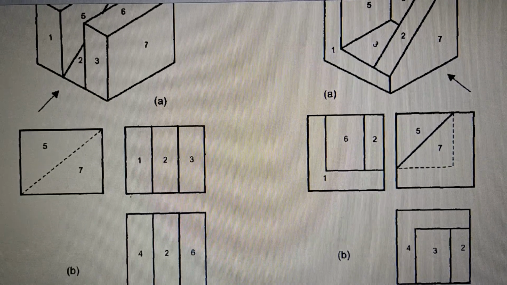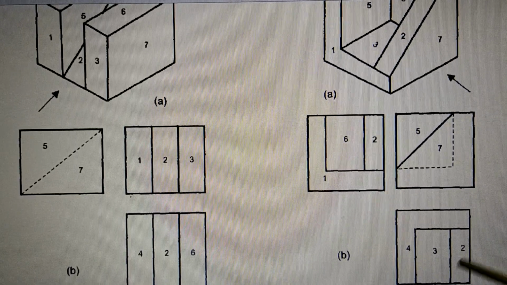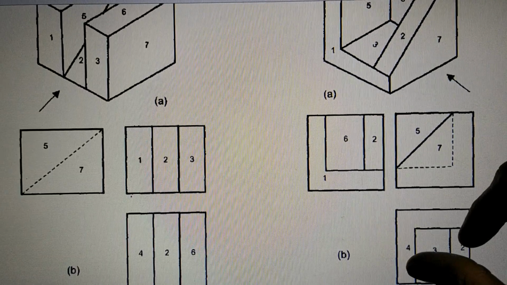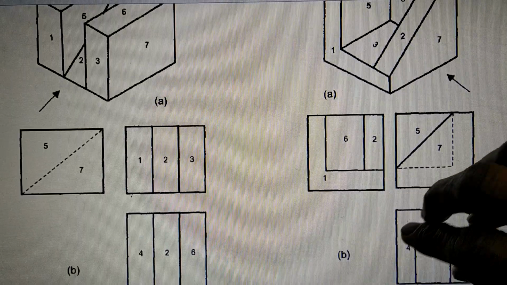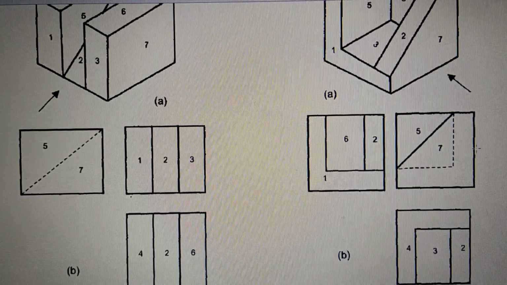Now this figure they have drawn wrong. This figure you have to rotate. You have to rotate this by 90 degrees, say it is like this. You have to rotate like this. So that this L shape will look like this. So the whole figure you have to rotate and make it correct. Then this will become proper top view.